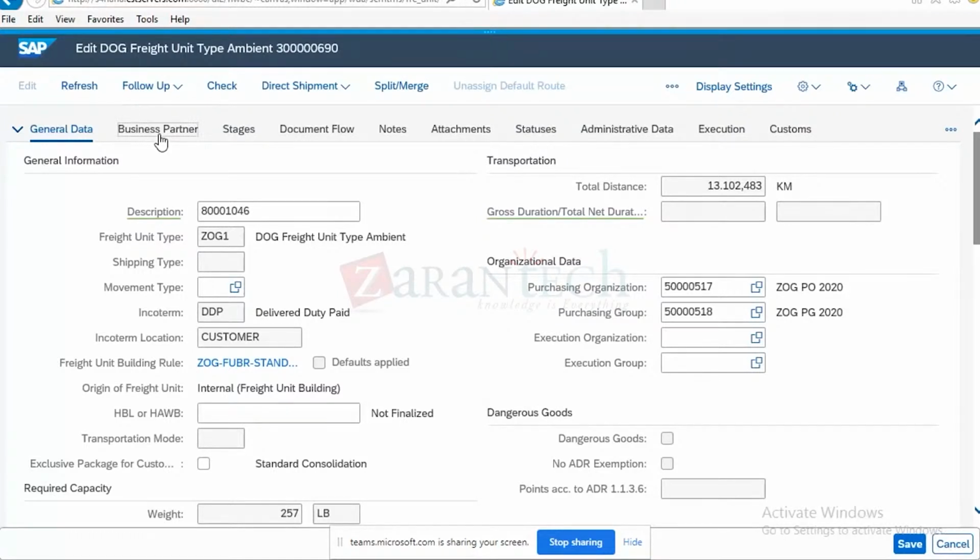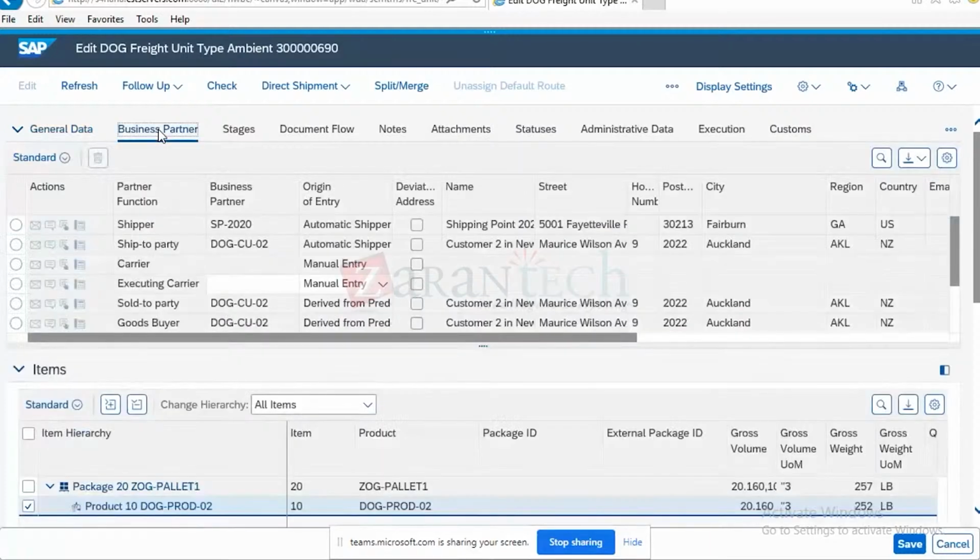We cover this also. The business partner tab means who are the business partners who are involved in this entire transportation process. Okay. So SAP has given options to configure your business partner in such a way that your ship to party, your bill to party, invoicing party, all can be updated here in addition to carrier. But because this is a freight unit, we don't get too many partner functions like carrier and all here. Mainly those are there in your freight order. Okay. So these are the different partner functions which you see: shipper, ship